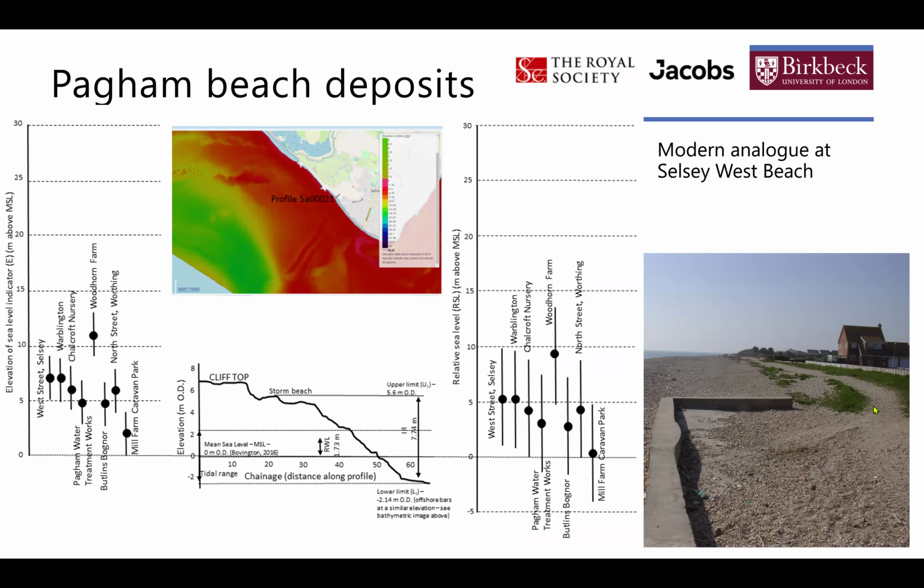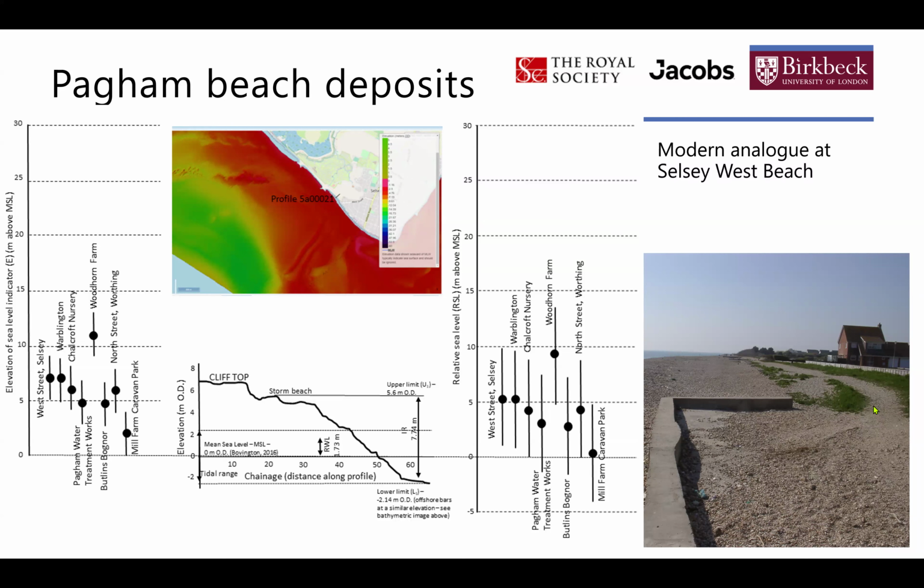And we used the beach deposits to estimate relative sea level. So the actual elevations are on the left, and the new estimated relative sea levels on the right. And you can see two things. One is that they are marginally lower. And two is that the error margin gets larger,